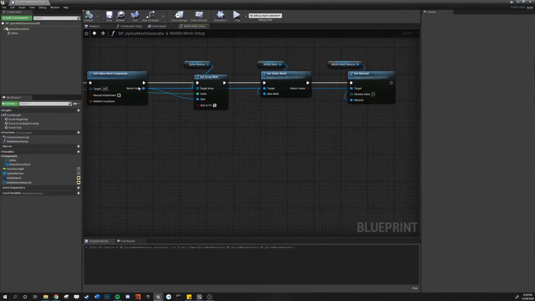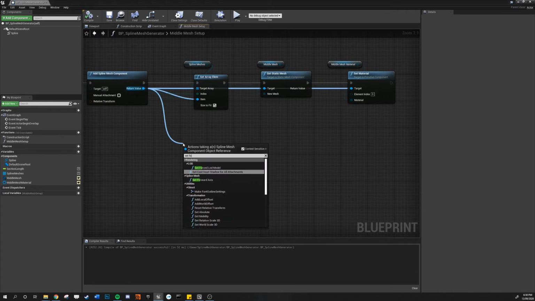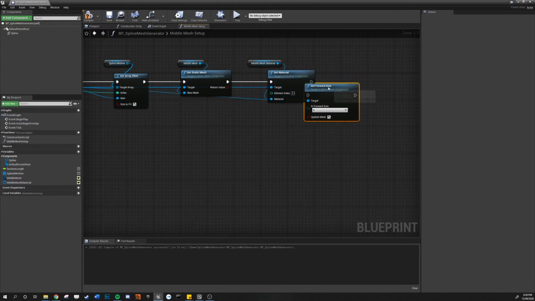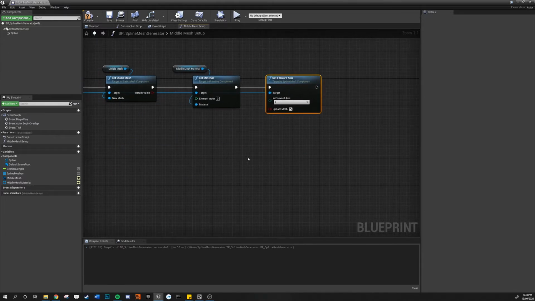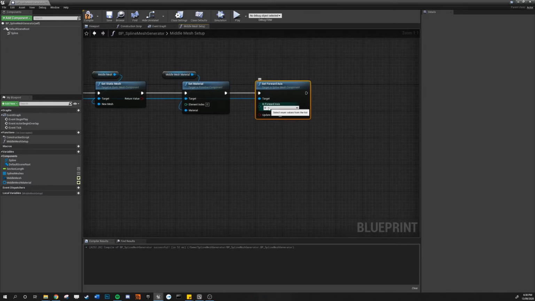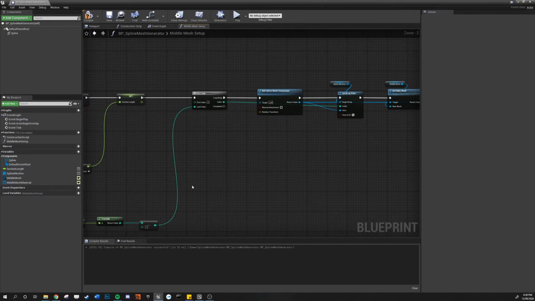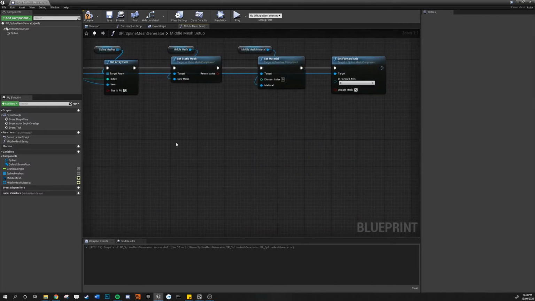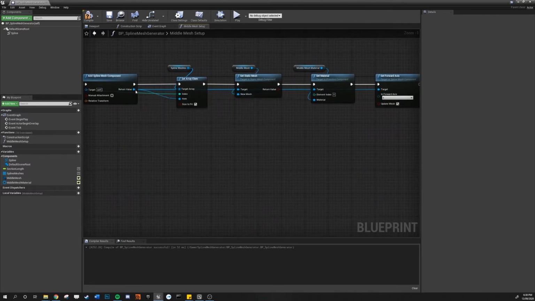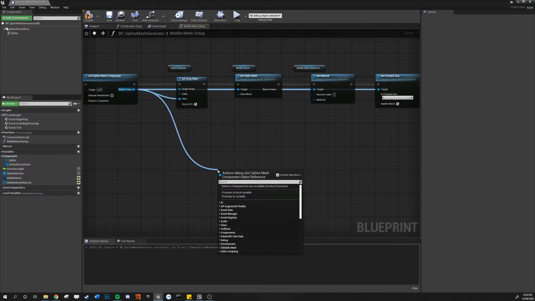Okay, so now we're going to want to set our forward axis. It does default to X, which does match up with mine, but I did just want to show you if your mesh is aligned on the Y axis instead, then you're going to need to set that there. Also, this axis here needs to match up with what you've got here, and if you may be going between X and Y, then you may need to parameterize this. Right, so once we've set our forward axis, we're going to attach